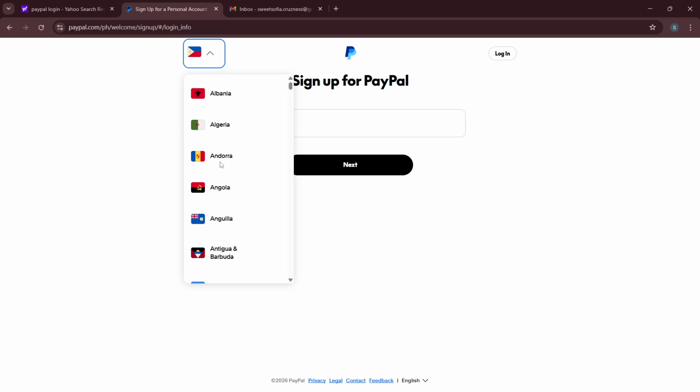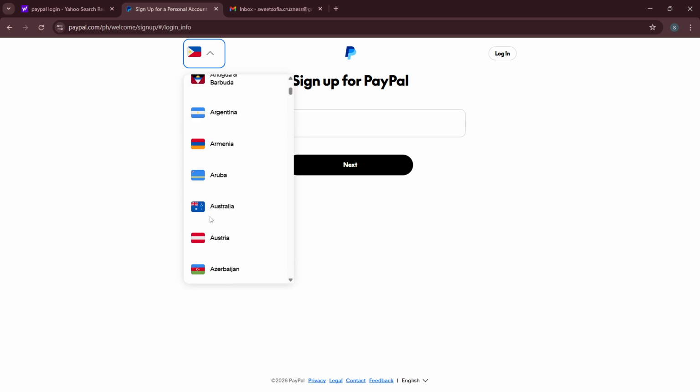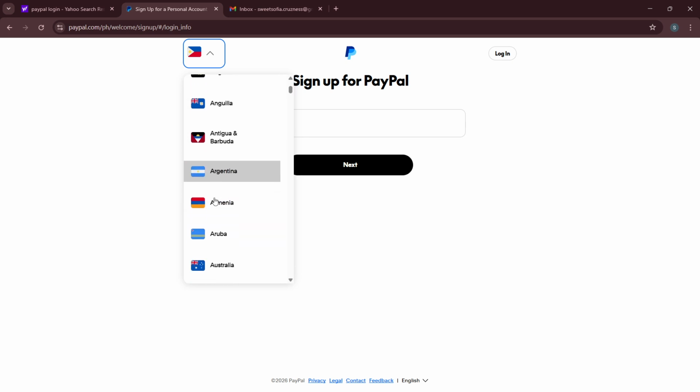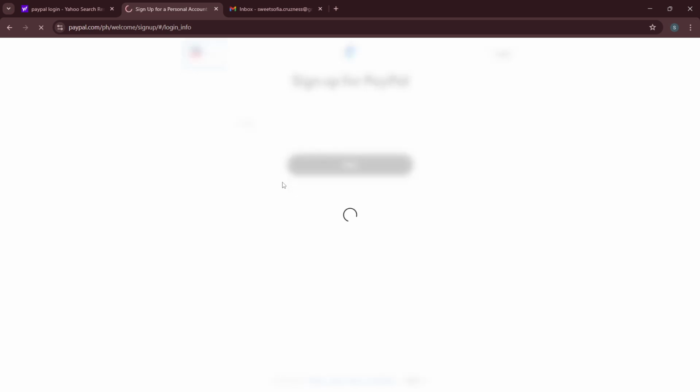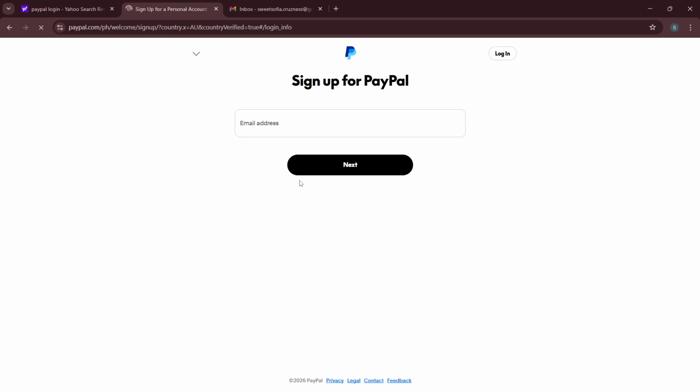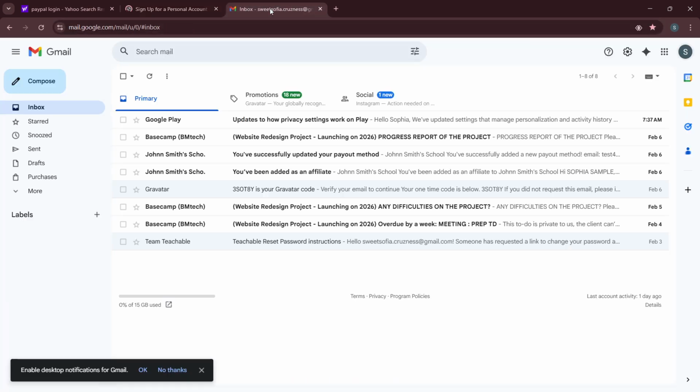Choose business if you're registering on behalf of a company and need features like business name visibility and additional reporting. Picking the correct type now helps avoid verification issues later. Next, select your country of residence. Make sure you choose the country where you actually live today. This determines the features available to you, the verification documents you'll be asked for, and the fees and currencies supported